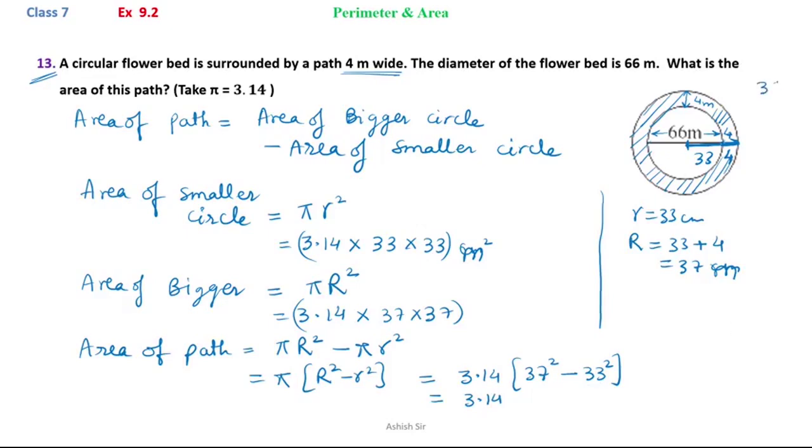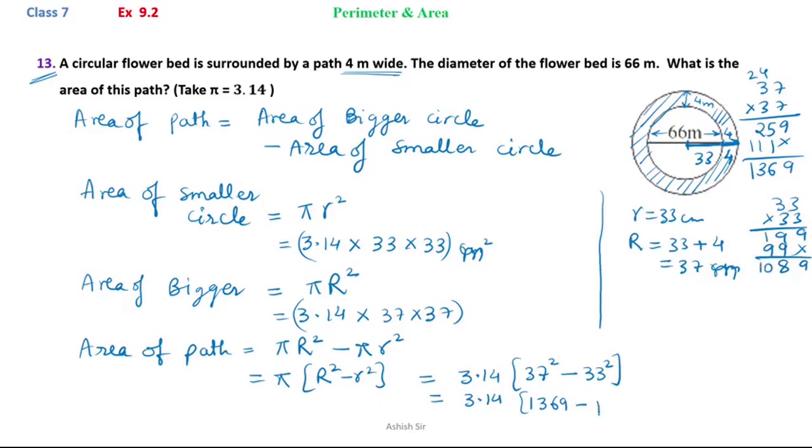So we need to find the square of 37. First of all, 7 sevens are 49, 4 carry, 7 threes are 21 and 4, 25, 7 threes are 21, 2, 3 threes are 9 and 2, 11. So 9, 6, 3, 1. So the square of 37 is 1369. Then the square of 33 we have to find out. 3 threes are 9, 3 threes are 9. Same 99, 9, 9, 8, 18. So we get 1089 is the square of 33.